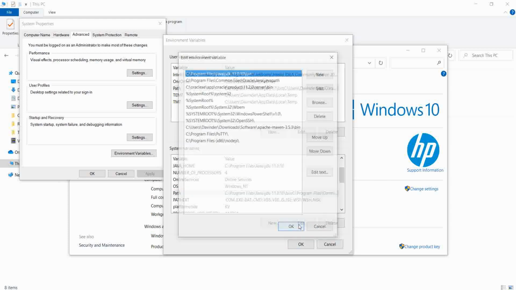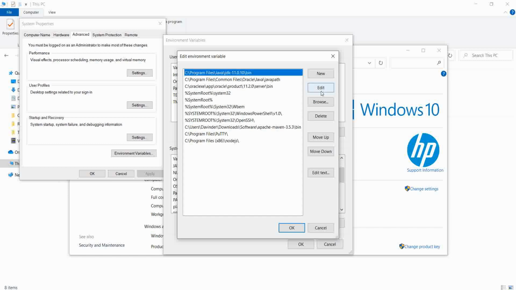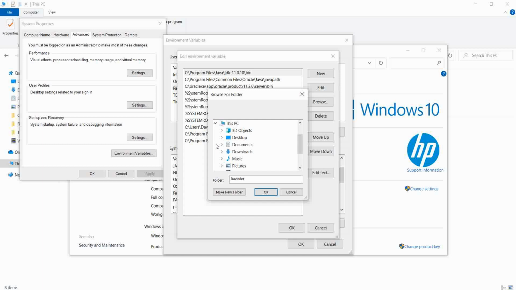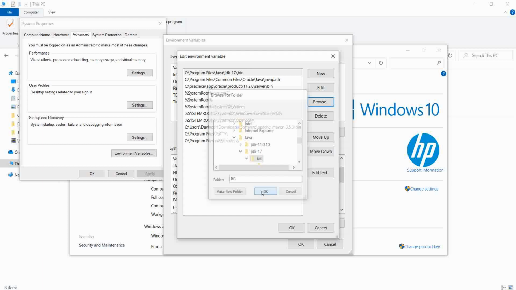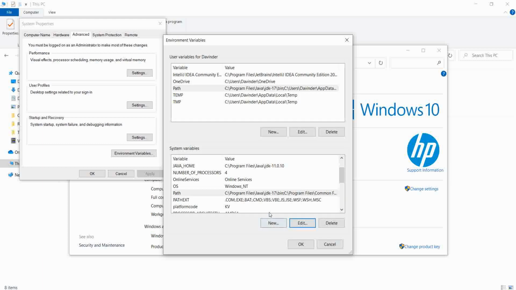Click on edit. Click on edit. Browse. Again Java, JDK 17, bin. Click on OK. OK. Now one more variable that you need to set, which is JAVA_HOME.